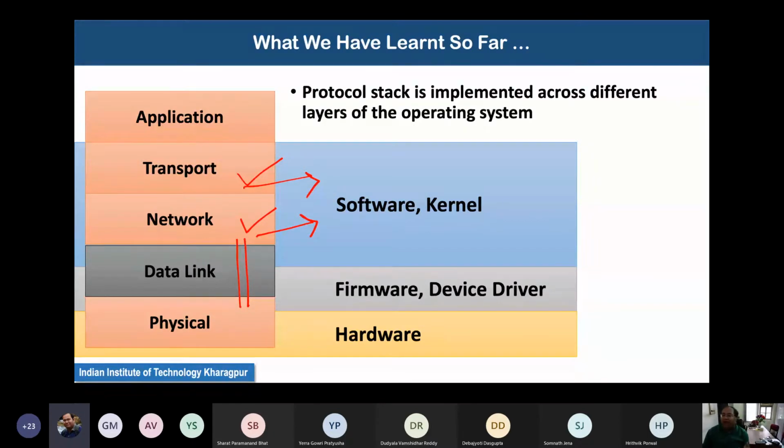And the different kinds of hardware that we see, even the network interface card, may come from different vendors, right? Cisco delivers its network interface card, Juniper Networks delivers its own, HP delivers its own, and that way different organizations build their custom hardware for the network interface.